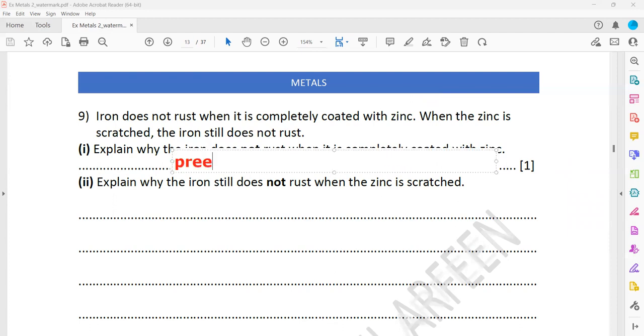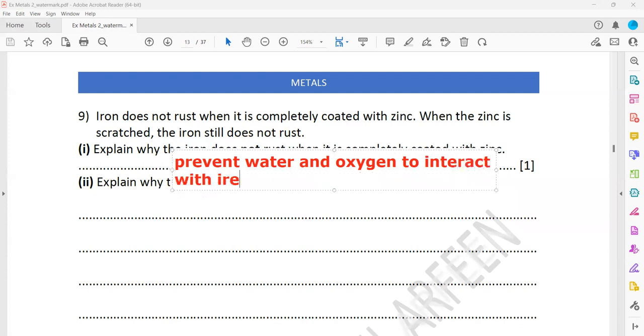The answer is it prevents iron, or it prevents air, or you can say water and oxygen, to interact with iron. So it's like a barrier, or provides a barrier between the water, oxygen and iron. That's why it does not rust. But the next one,